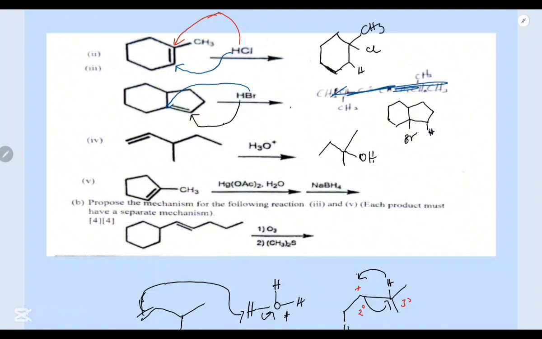We're going to talk about this mechanism in our next class, but for now just know that the OH from water is being added to the position where there are fewer hydrogens. So our answer here will be